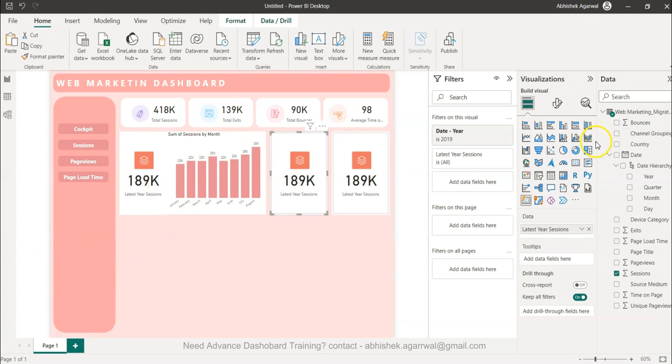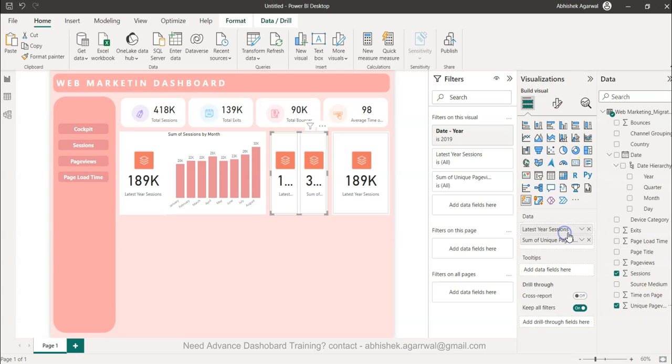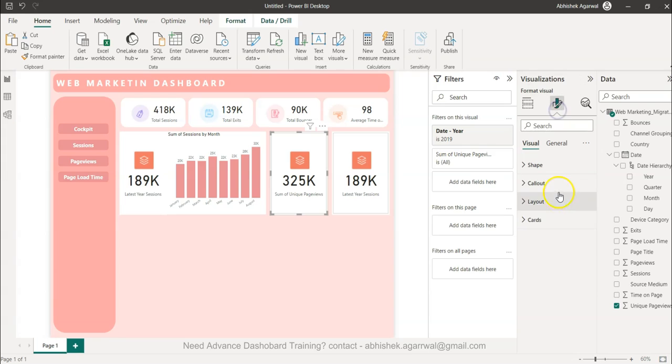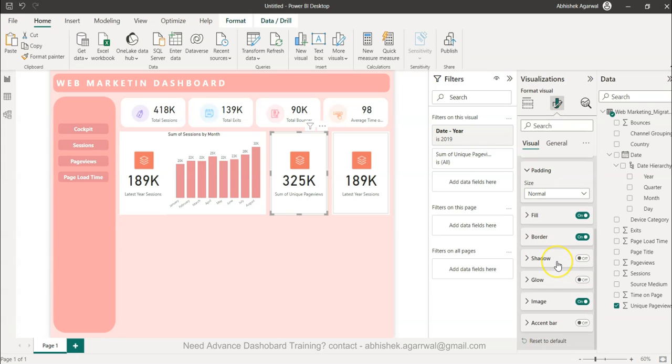Same way over here, right? So rather than saying latest year session, this is total unique page views. So we will close this, total unique page views, and then in the cards we will border, let's uncheck that,